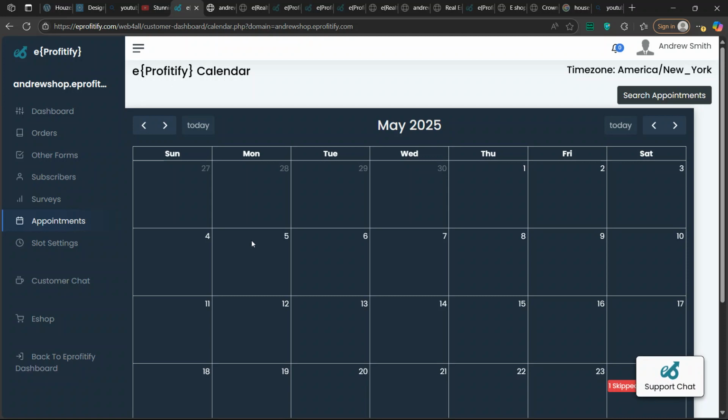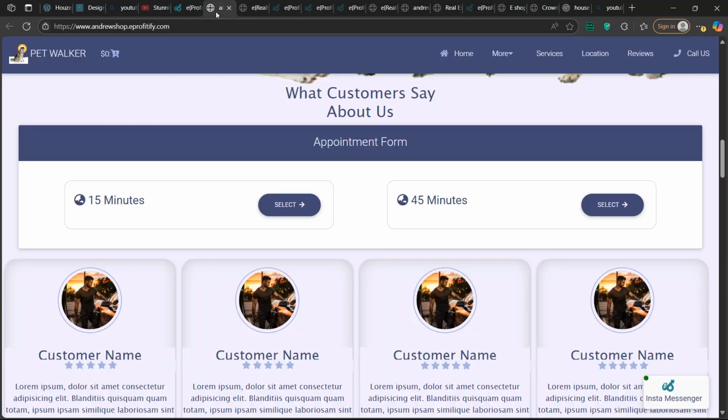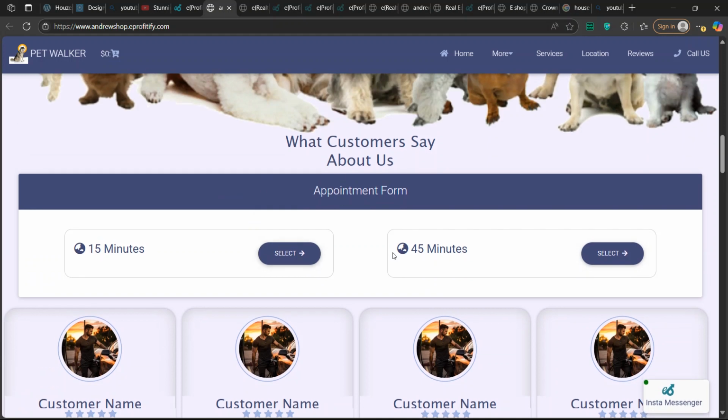The appointment management system in eProfitify allows you to dynamically add an appointment management widget on your website and allows the visitors to schedule an appointment like this. So here you can see they can pick an appointment like 45 minutes or 15 minutes, which the website owner